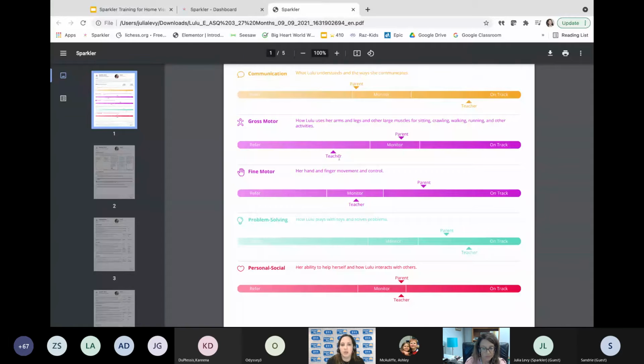And this is a great way to have a basis for a conversation of where you're seeing differences, or what the child may be demonstrating in a program versus at home with the family. And it does list out all of the domains, and you can then on the second page,